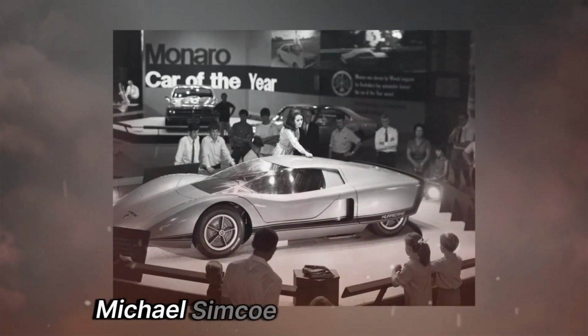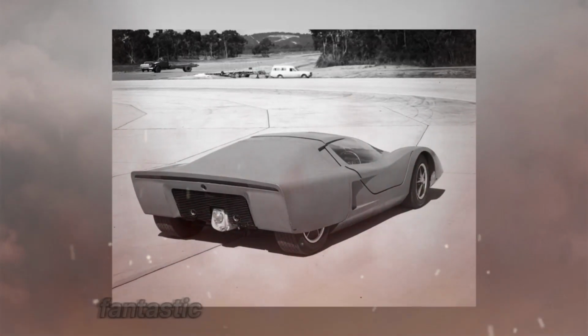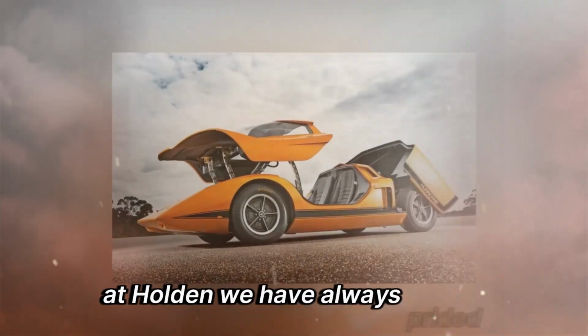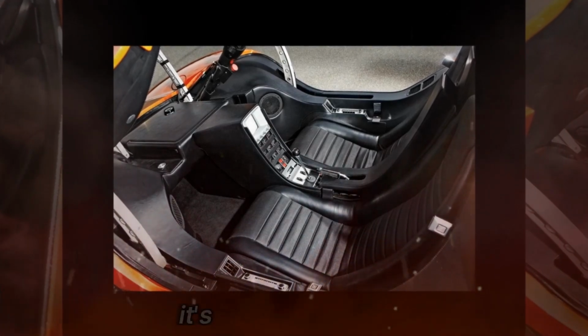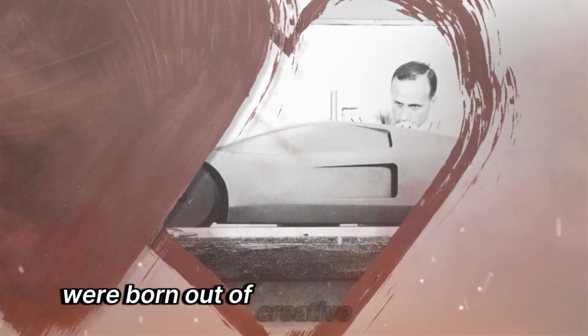Michael Simcoe, executive director of Holden Design, said it was fantastic to see such a significant vehicle restored. "At Holden, we have always prided ourselves on our ability to look into the future through our concept cars," Simcoe said. "It's amazing to think that the features we take for granted today were born out of creative minds over